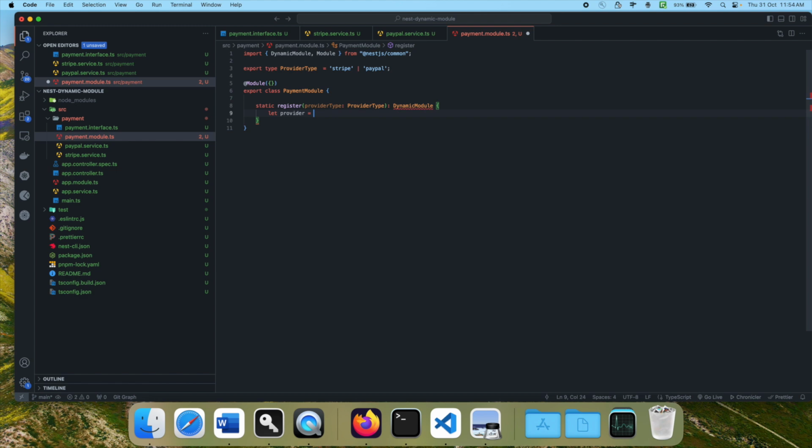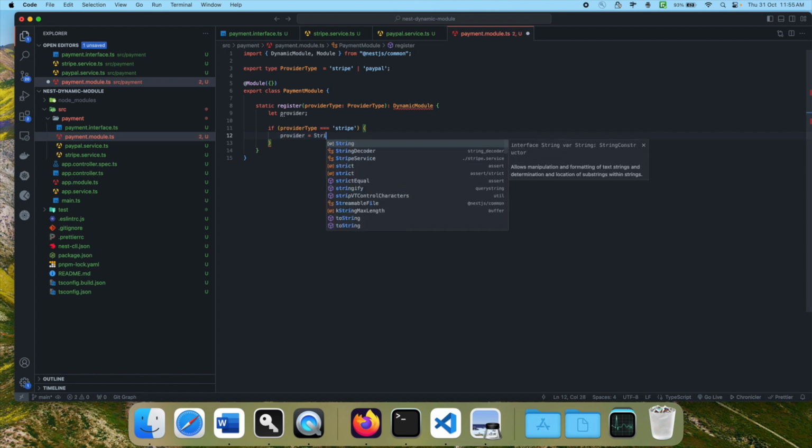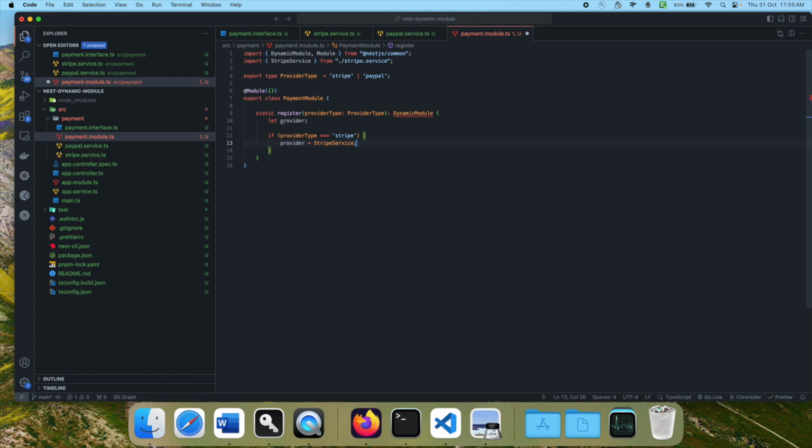Okay, and we are going to create this variable and write one condition: provider type equal to Stripe, then we are going to use provider equal to Stripe service, and else,